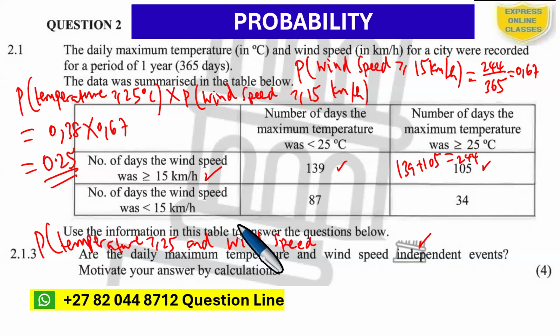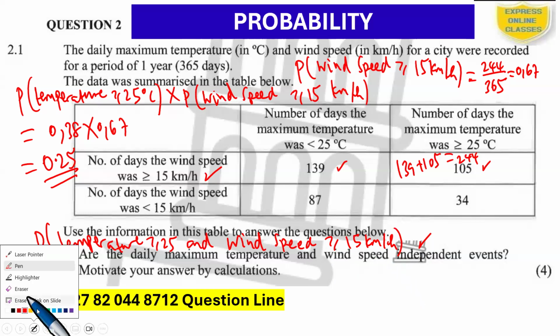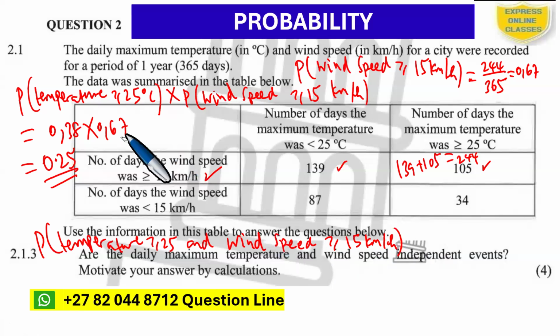So then you're going to have what? Temperature at least 25 degrees Celsius and wind speed at least 15 kilometers per hour. Right, so we analyze this. So you see, if you take these temperatures at least 25 degrees Celsius and the wind speeds that are at least 15 kilometers per hour,